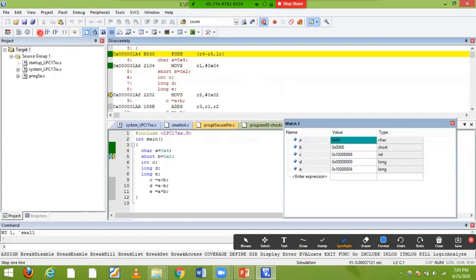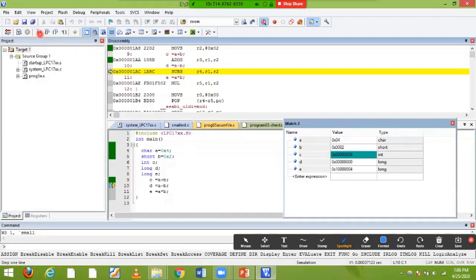So A is loaded with the value 4. Automatically my system takes it as a move into R1, and the R1 value is loaded with 4. And the value of a will come as 4. Next is the second instruction: B is loaded with 2. See, move into R2, the value loaded is 2. We are not going to mention R1 anything in my program; automatically my system will take R2 equal to 2.